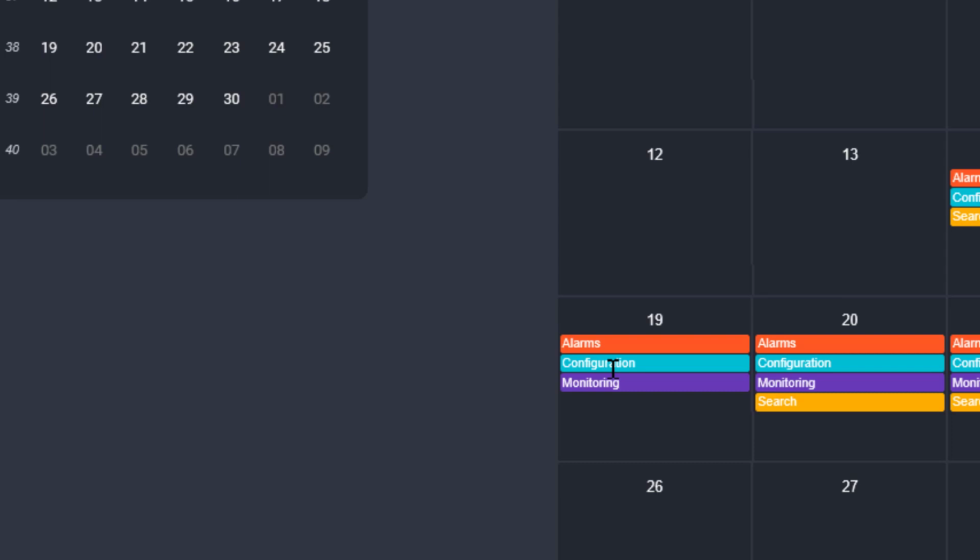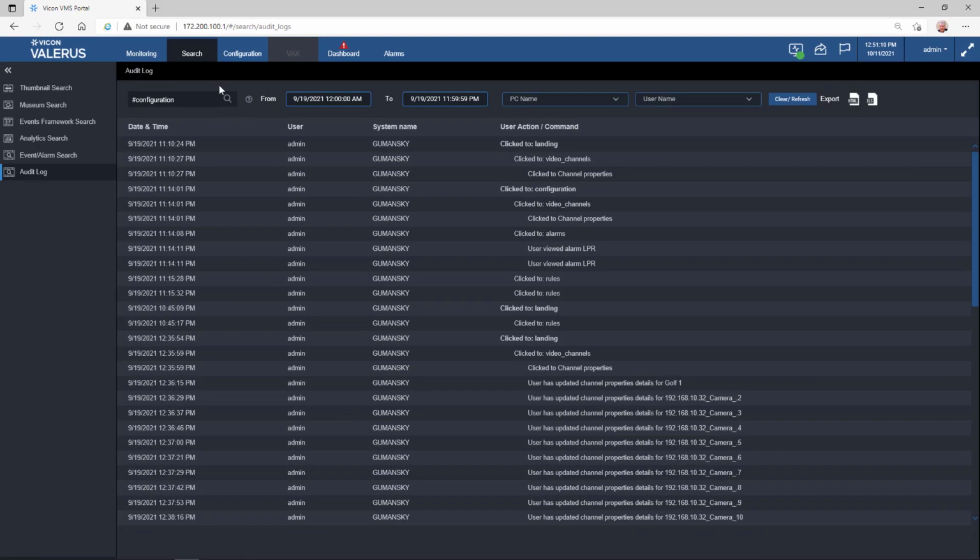I'm the system administrator. I feel like maybe I should be the only one in configuration. I don't think I've even given anyone else the ability to go into configuration. So I might want to check that out. I want to do a deeper dive. So I simply move my mouse to configuration and click on it, and this will take me to my search